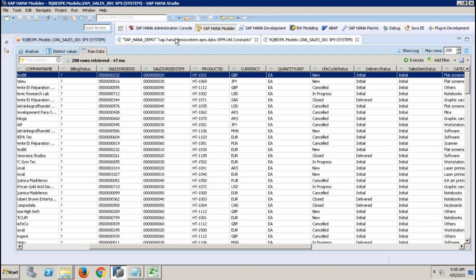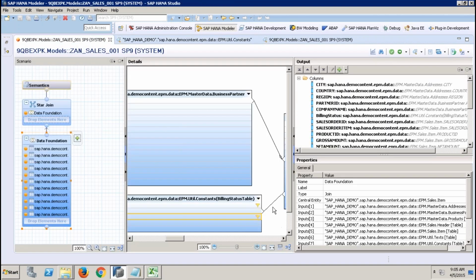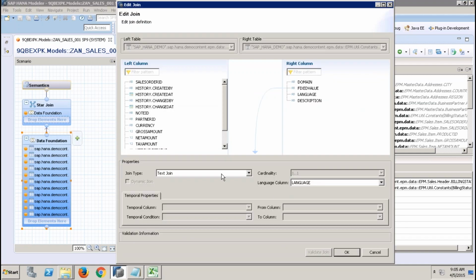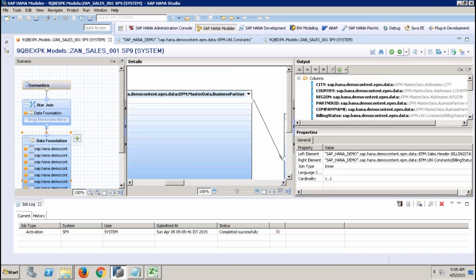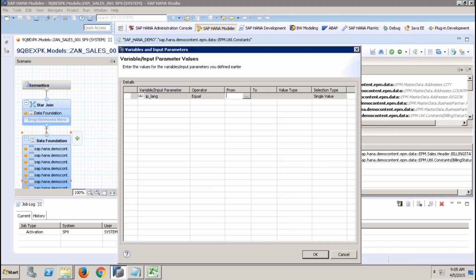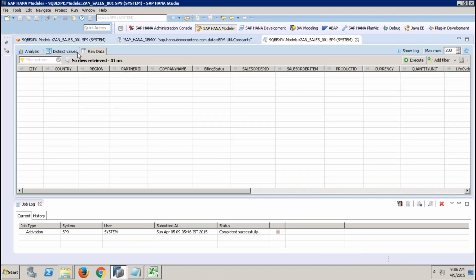If you go to constants, this is CF, it is D, right? I know why it is happening, because we also have text join, no? Remove the text join, make it a normal inner join. Since I'm applying a filter on the language, I don't need text join. So again, normal join would be fine. If I give it as D, then I should see the filter applied on D, and you should see billing status as